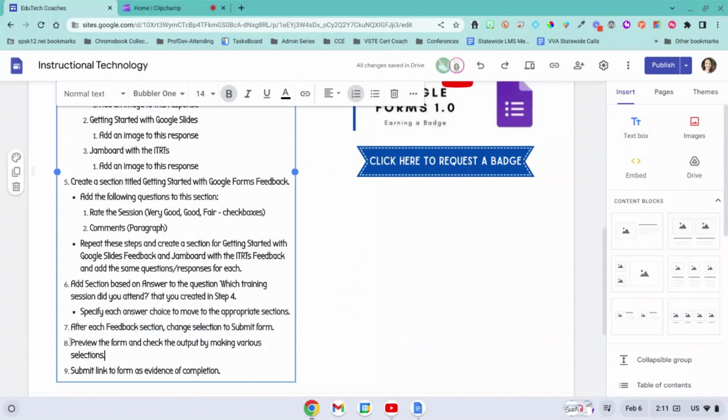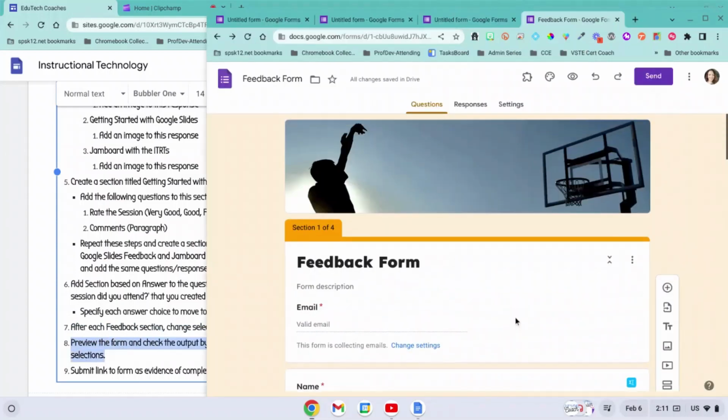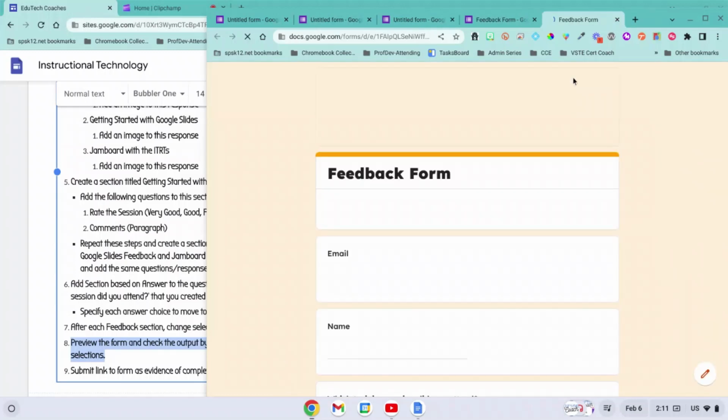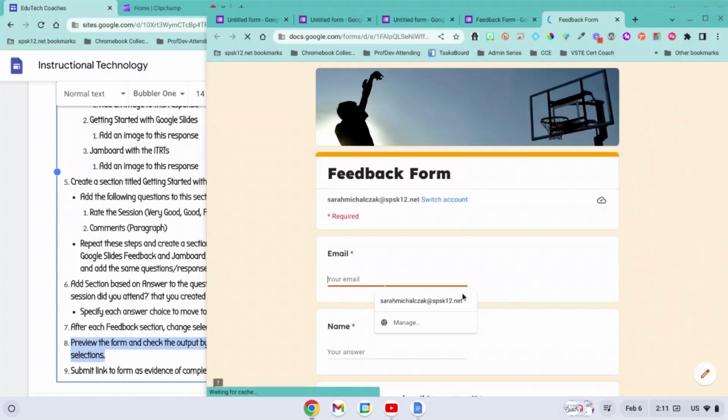Next, we need to preview the form. To view the form, you need to click on it. The icon looks like an eyeball. When we do that, the question asks me for my email address. So I include my work one, my name,